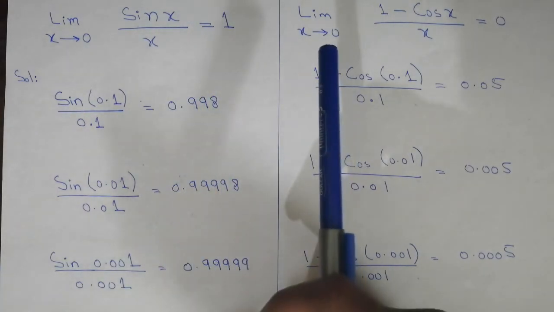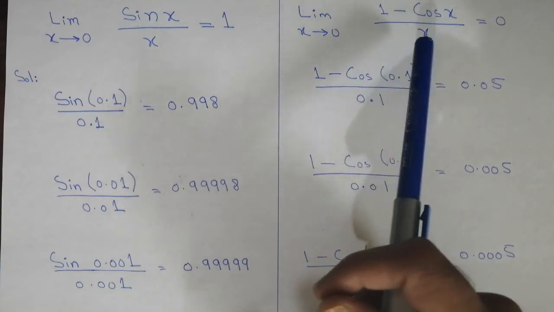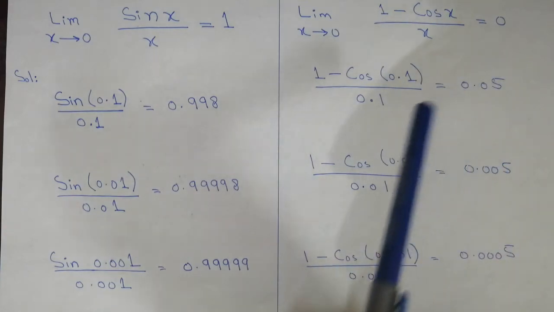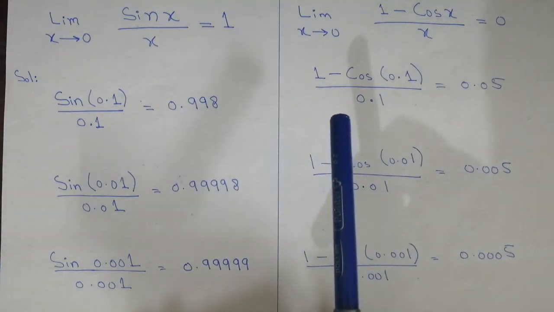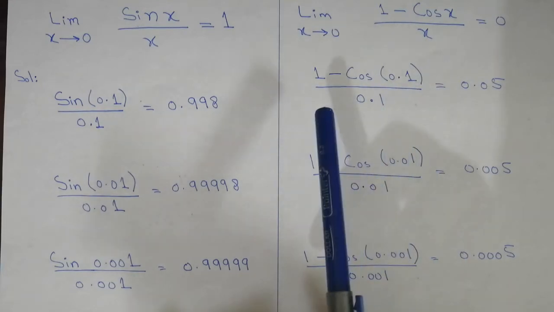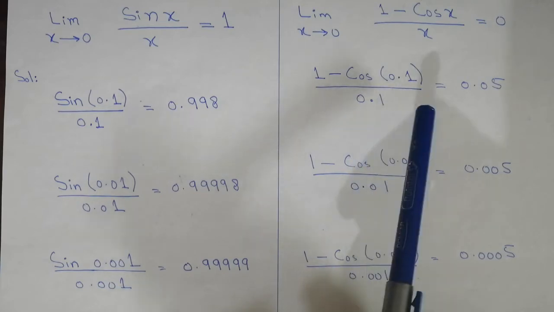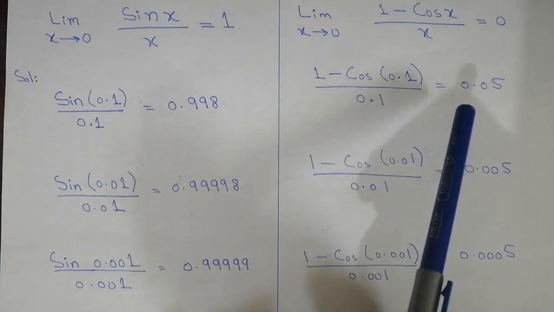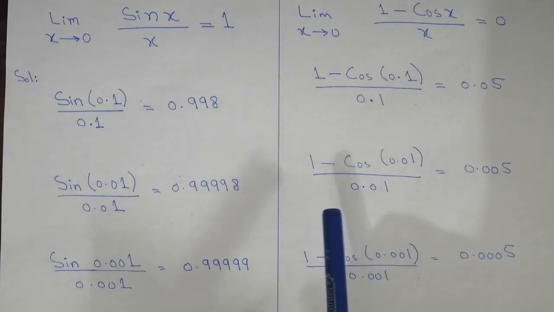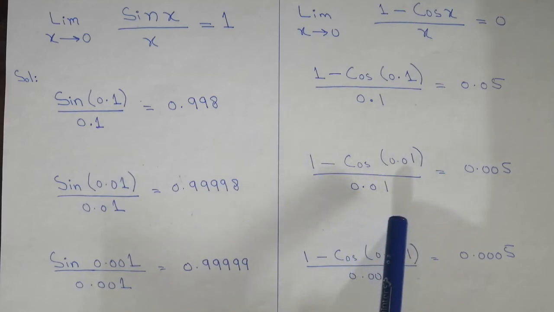Now let's suppose here we have another question. Limit x approaches 0, 1 minus cos x divided by x is equal to 0. Now again we are applying the same technique. We are placing 0.1 instead of x. So 1 minus cos 0.1 divided by 0.1 will be equal to 0.05. And if we further decrease the value of x, 1 minus cos 0.01 divided by 0.01 will be